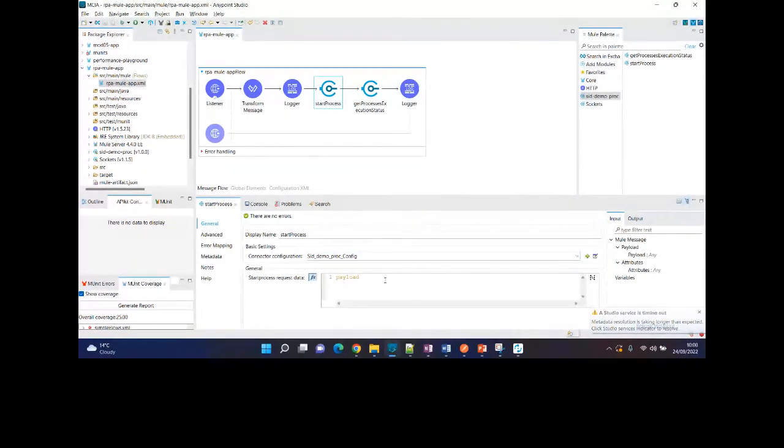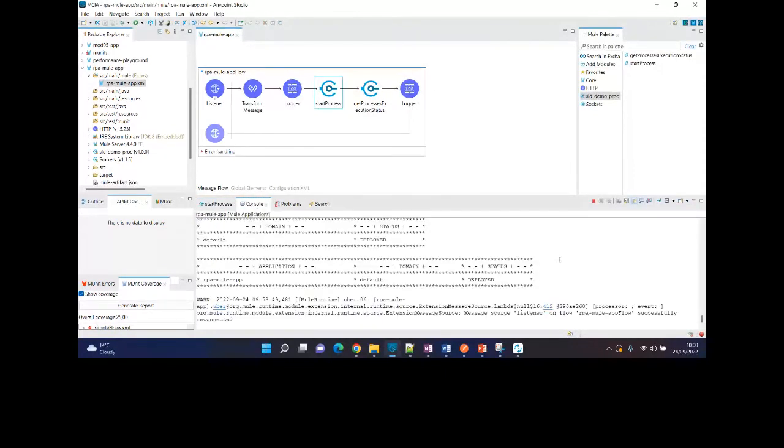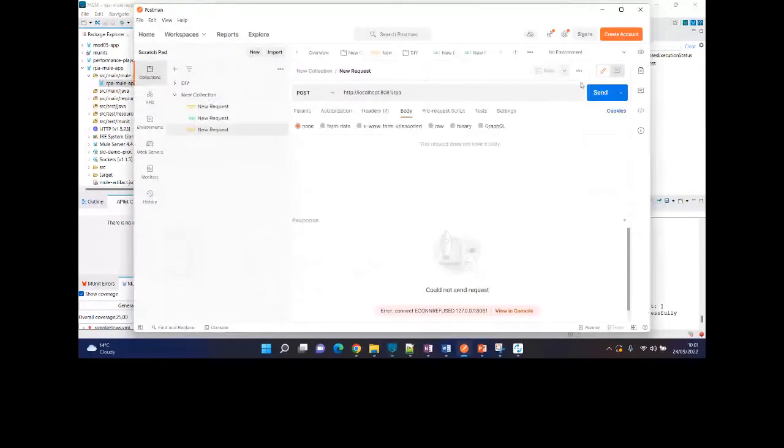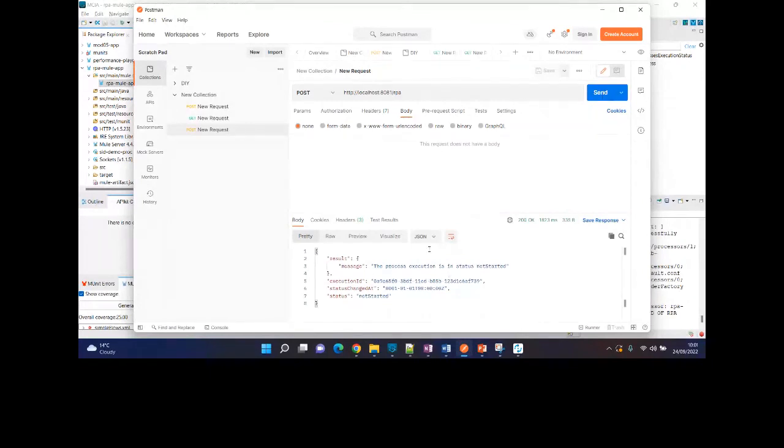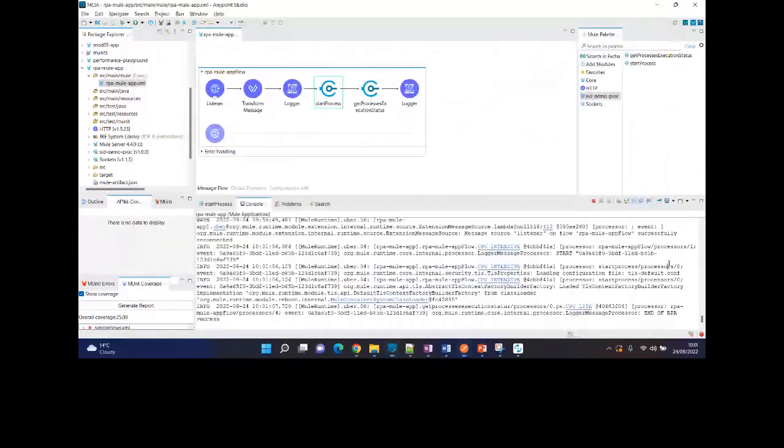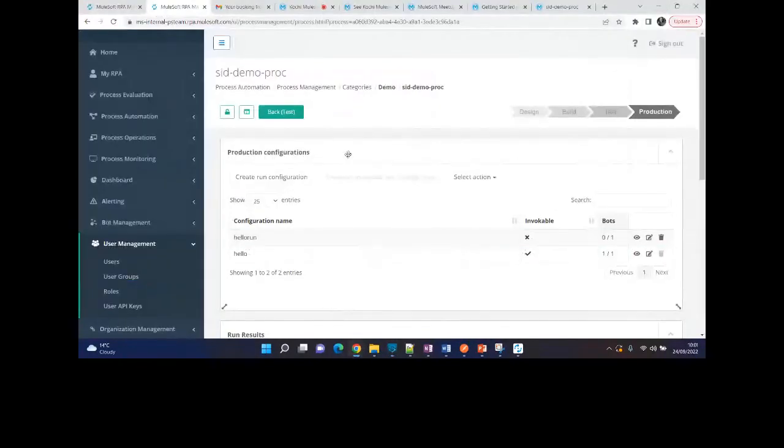All right, the run has run successfully. So what I need to do is just invoke it. You can see it's in the not started state. That's what you are able to see right now. Now what I also want to see is what has happened here in the console.